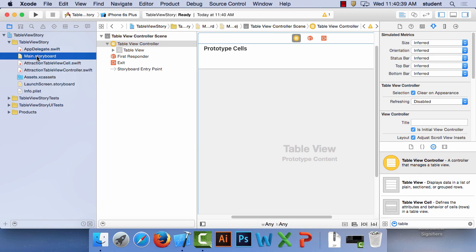Okay, let's go back to the main storyboard. Next, the items in the storyboard need to be configured to be instances of the subclass. Begin by selecting the main storyboard file and select the table view controller scene so that it is highlighted in blue. Within the Identity Inspector, View, Utility, Show Identity Inspector, use the Class drop-down menu to change the class from UI Table View Controller to Attraction Table View Controller as